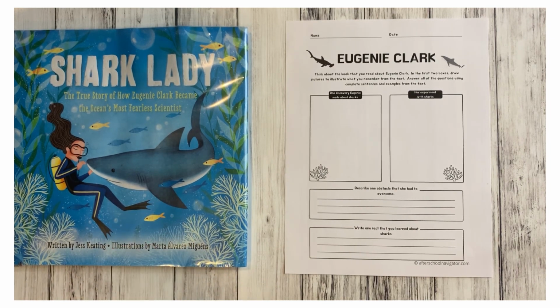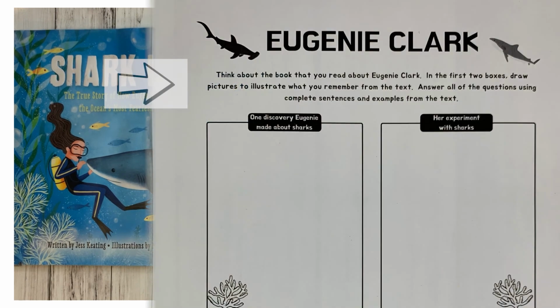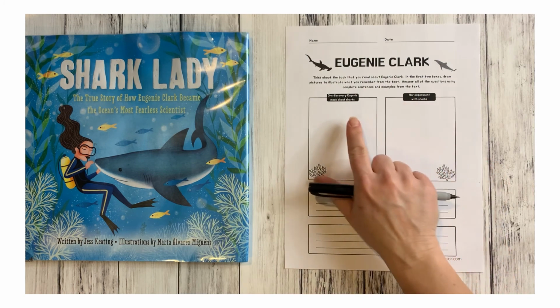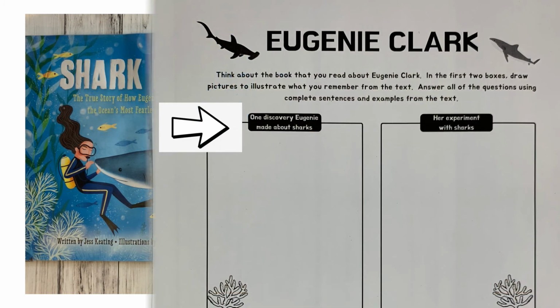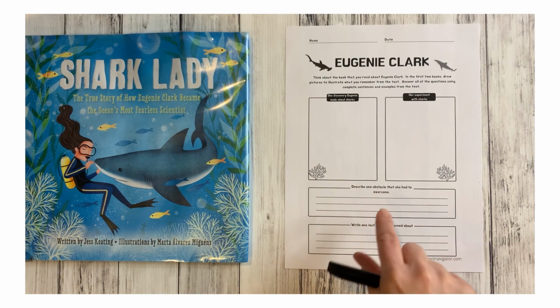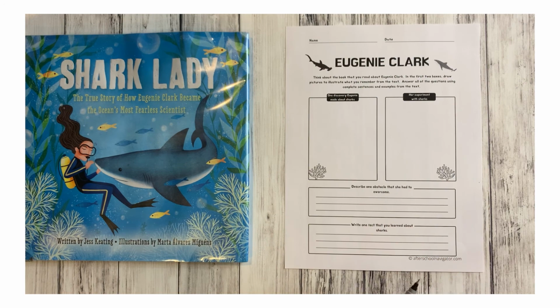that you've already read, and the directions say to think about the book that you read about Eugenie Clark. In the first two boxes, draw pictures to illustrate what you remember from the text. Answer all of the questions using complete sentences and examples from the text. So in this first box, it says one discovery Eugenie made about sharks. Now this might take you a minute to go back and review what was going on in the story, but